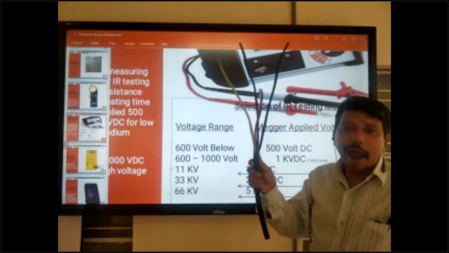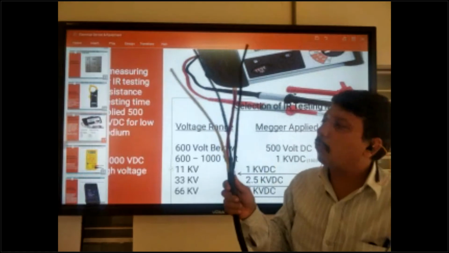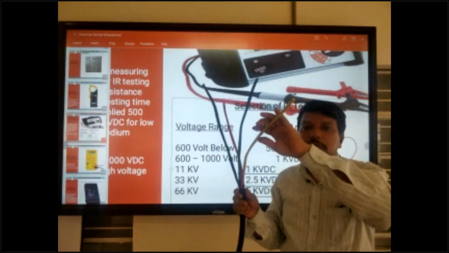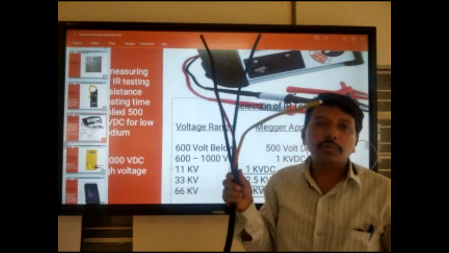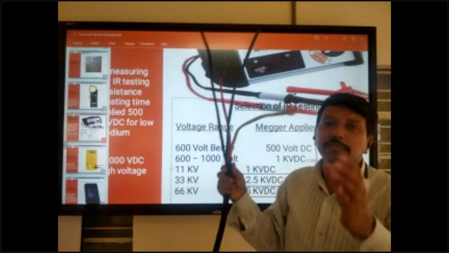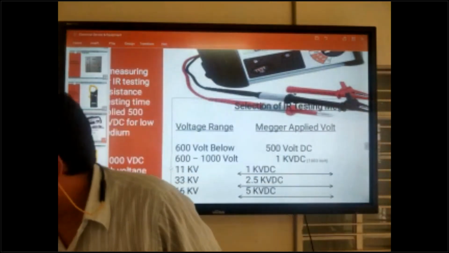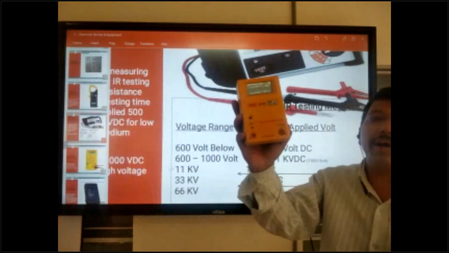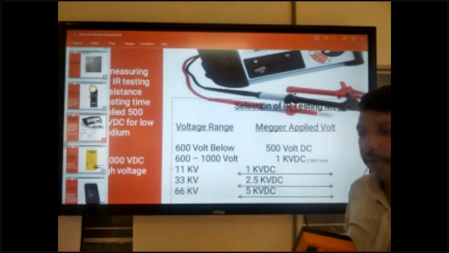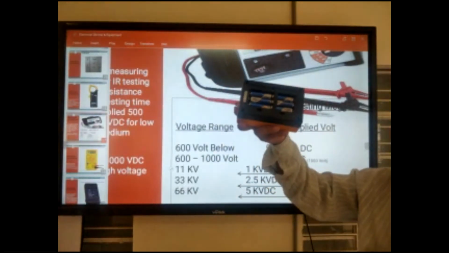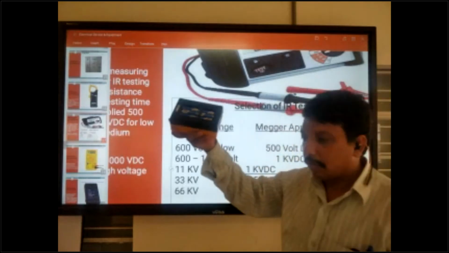So this is also a practical class here. One by one we will check. We have the cable. So check the IR resistance one by one, the insulation resistance, and how much capacity there is. We have the megger meter also here. Okay. So we can apply this and use the megger to check here, one by one.